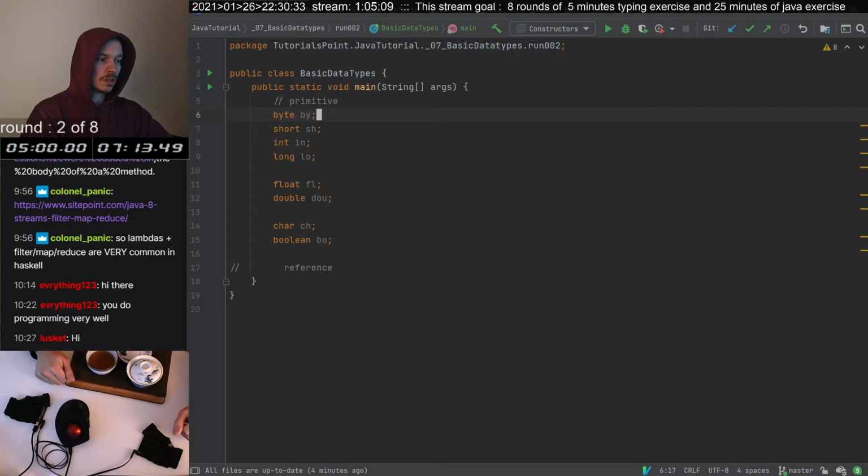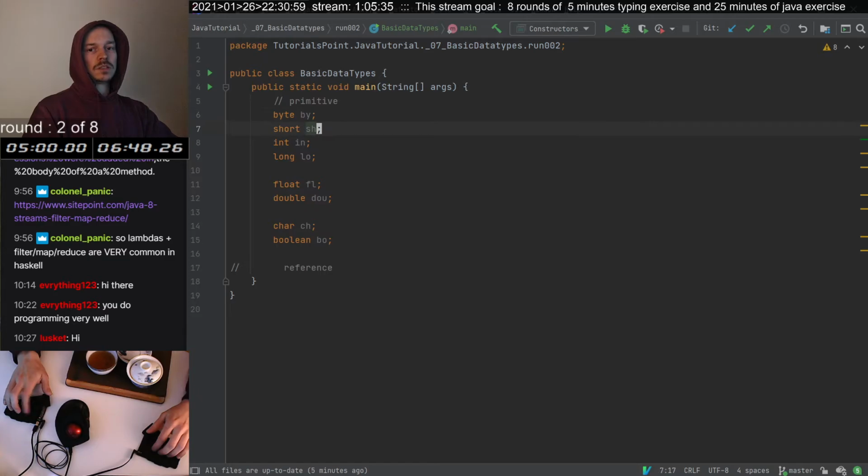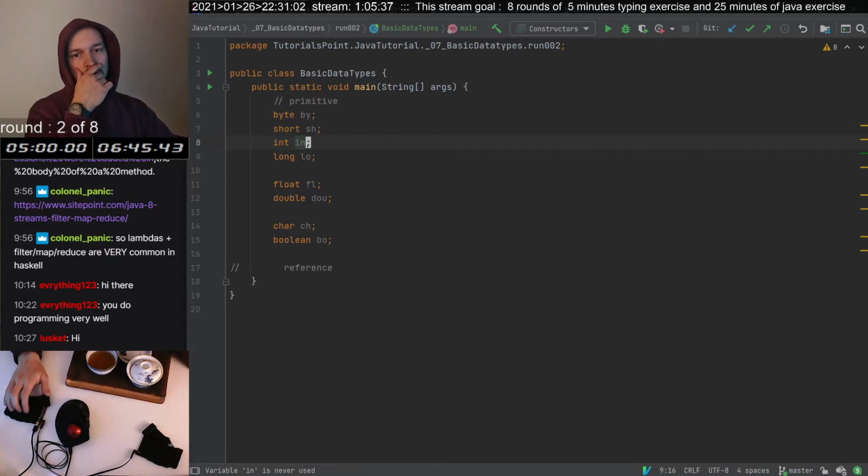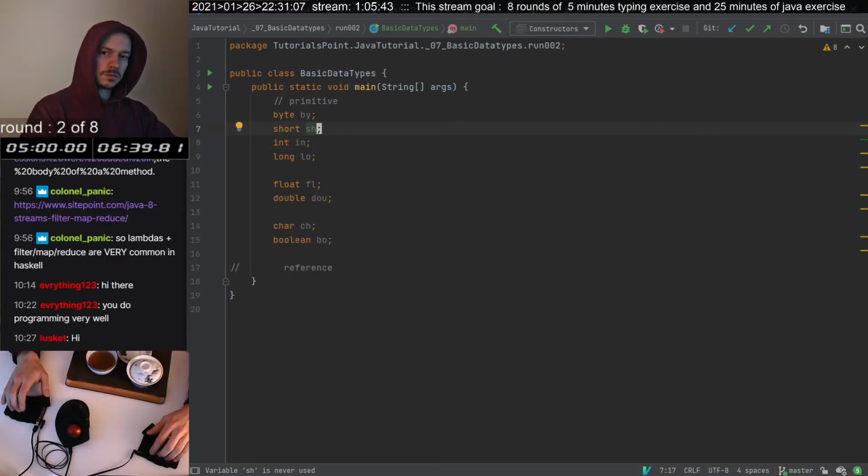So that's like 2 to the power of 8. It's 8 bits, right? So that goes from minus 255 to plus 256. And I can show that by just saying short, integer, long. So integer is like a 32 bits value. Short is, I don't know how much is short actually, but we will get to that once we get to